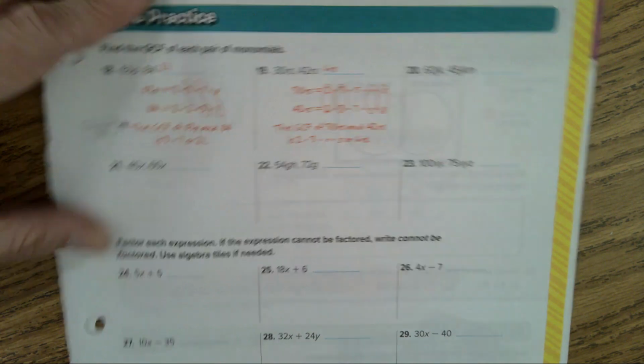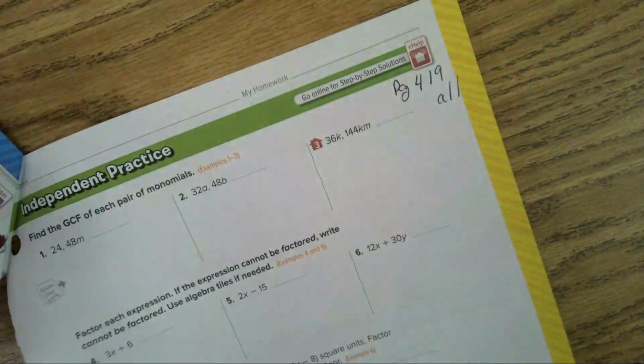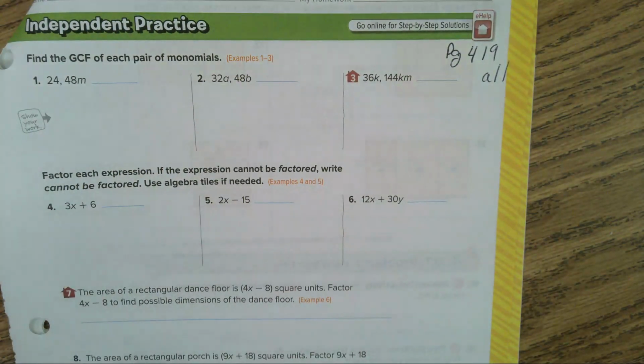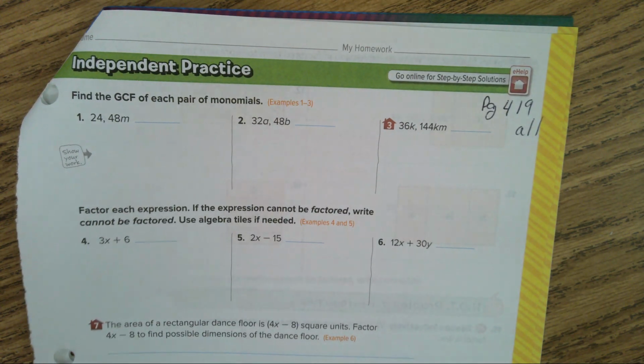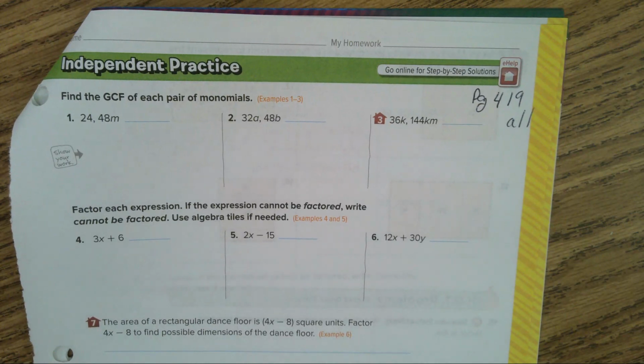I think all I want you to do is page 419. Then I think we need to practice our subtracting linear equations. So I want you to go back, and on page 409, I would like for you to do